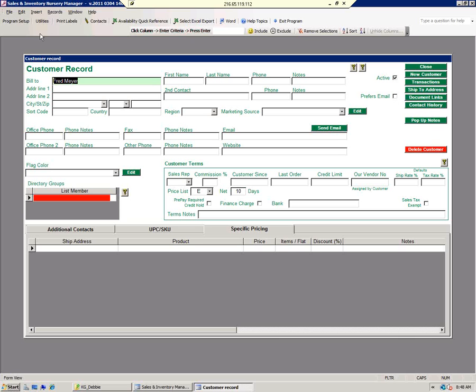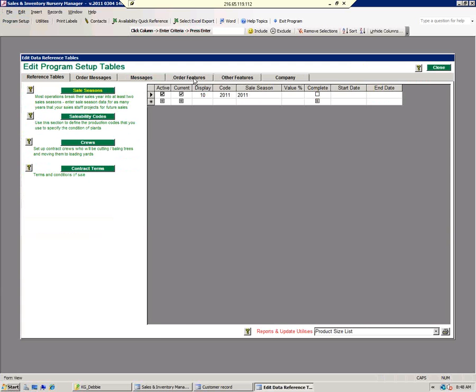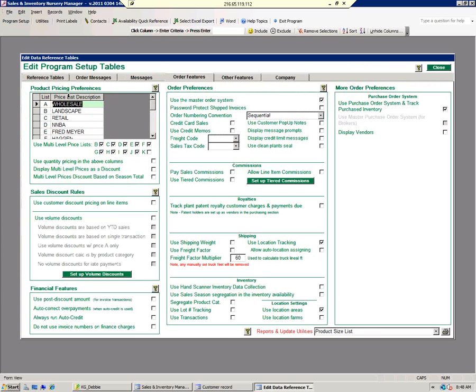There's one other minor thing that we can discuss, and this probably should be discussed individually, but if you go back to Order Features, when you select the price levels that you're going to use, quantity pricing, which is a form of discounts and will be discussed in another video. If you check this, notice that you have a low quantity and a high quantity. So in other words, they could get price level A if they buy between